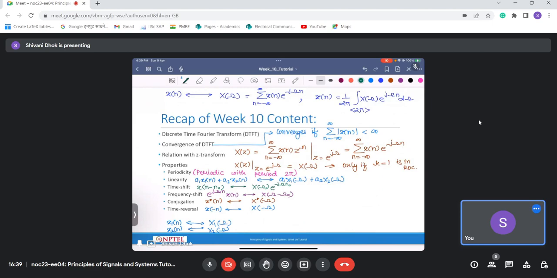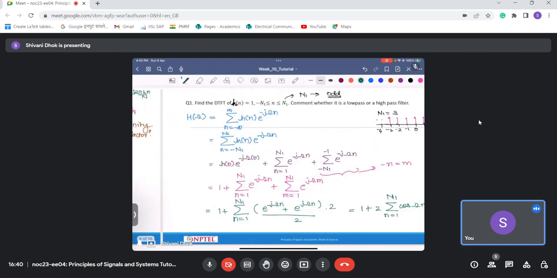this frequency shift property, we know that e power j omega naught n x[n] leads to X of omega minus omega naught, and we know that this delta n, some constant, let's say 1, has a Fourier transform as 2 pi delta omega. So if I have e power j omega naught n, then this will have a Fourier transform as 2 pi delta omega minus omega naught. So we'll use this property here and try to find out